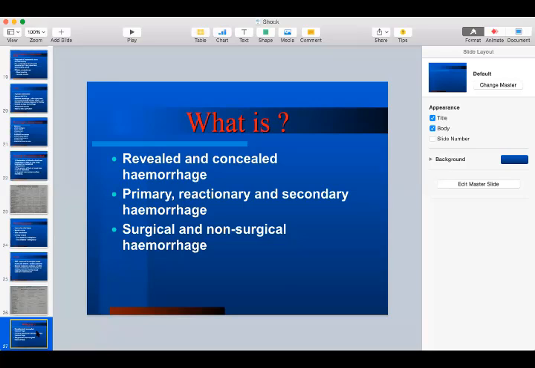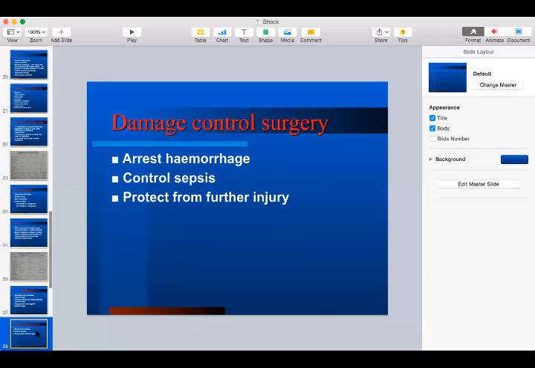Okay. Secondary hemorrhage is beyond obviously that time length of 48 hours and occurs secondary to the stimuli. Then you have the surgical and non-surgical. Again, it's pretty much given. Whether surgical during an operation procedure occurs because of that. Direct correlation to surgery is a surgical hemorrhage, and non-surgical because of factors other than surgery.